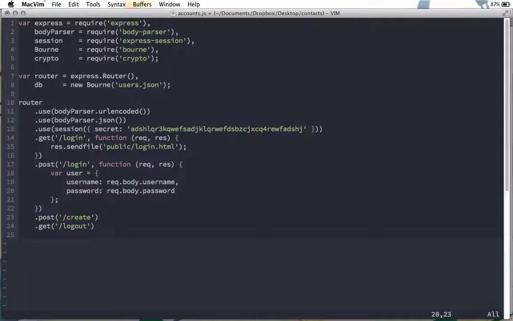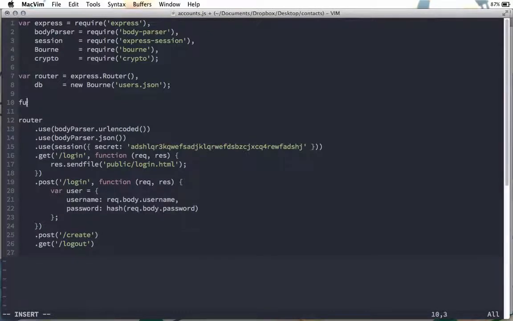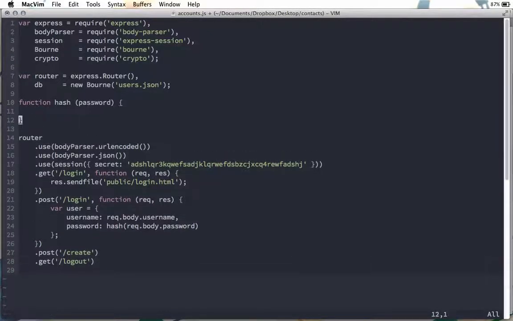In our database, we're going to store the passwords as hashed passwords, not in plain text. However, this is going to be plain text coming from the server. So we want to wrap this in a call to a hash function. Bounce back up to the top here, and we'll go ahead and quickly write that hash function, which we'll use to hash a password. All we have to do is return